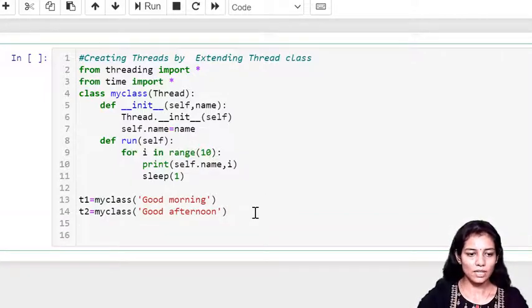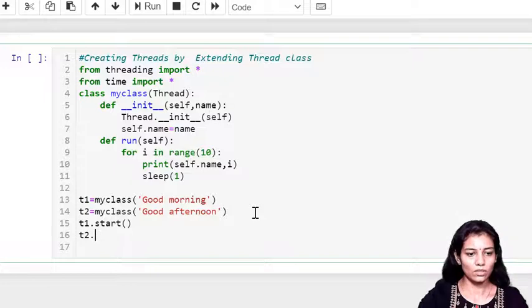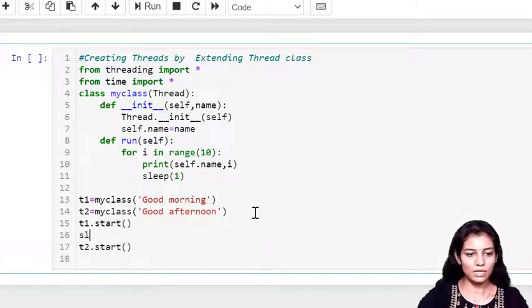I'm going to give t1.start, and then t2.start. In between I can give a sleep of, let's say, 0.5 seconds. Let's execute the code and see the behavior.